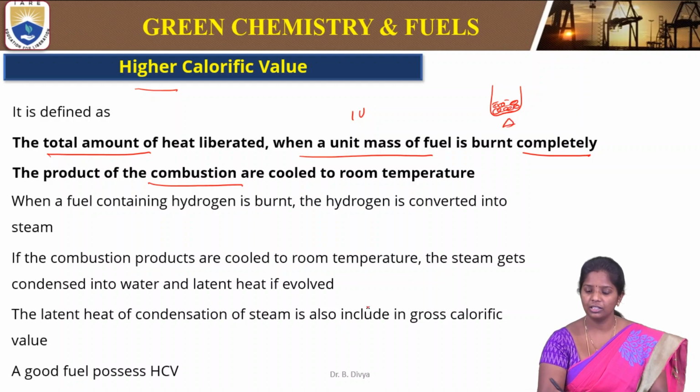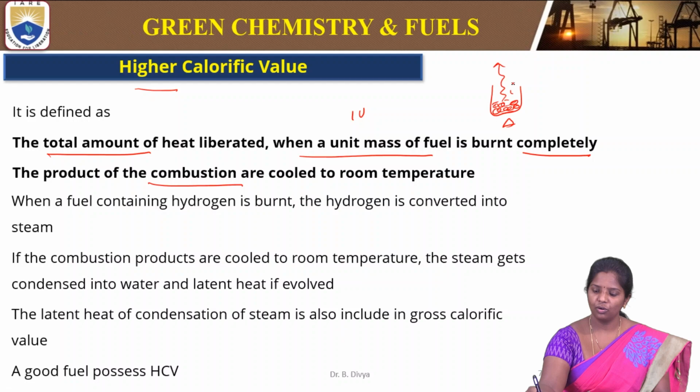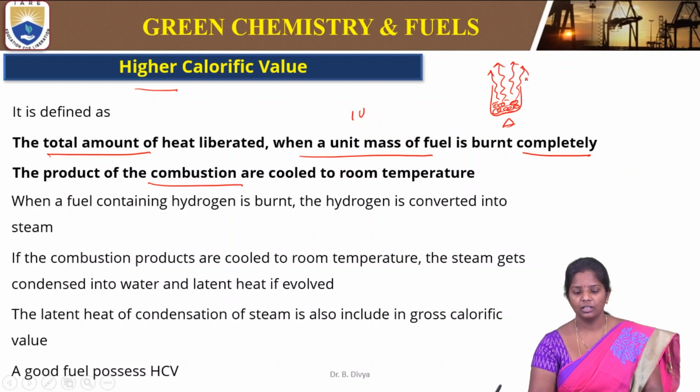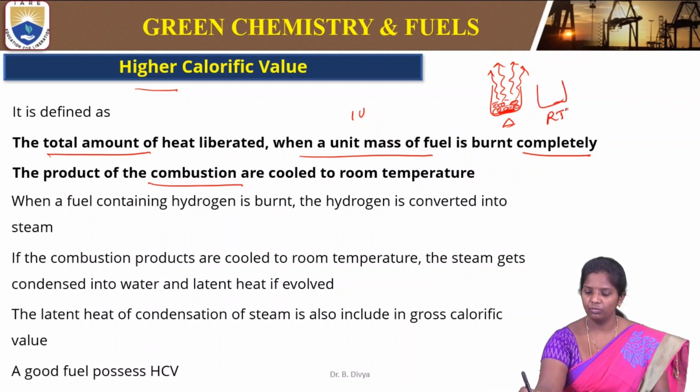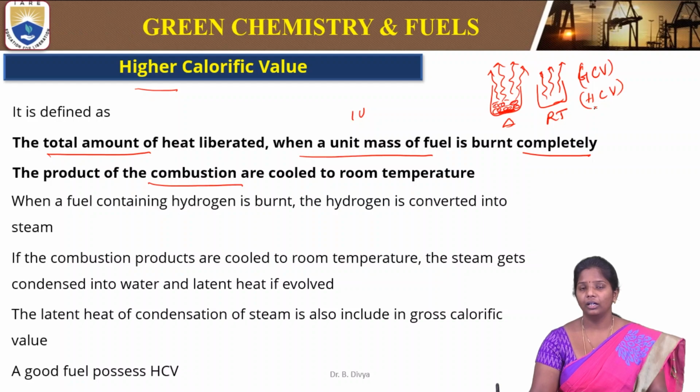So we are giving heat. So there is evolution of heat. So heat is liberated. So whenever it is burnt completely, only ash is left over. So again it is room temperature. When it is at room temperature, the heat that is generated is nothing but gross calorific value or high calorific value. So this is how we assume that there is a total heat that is coming out from that particular